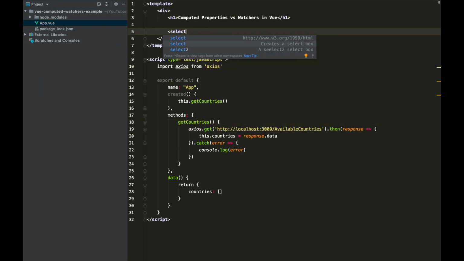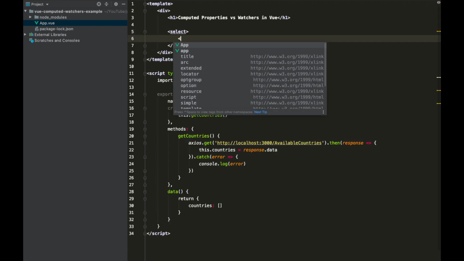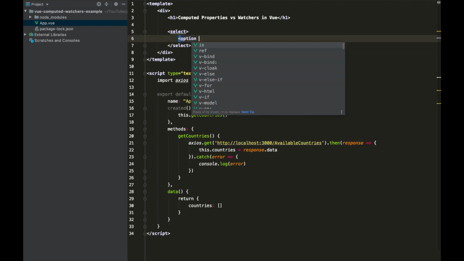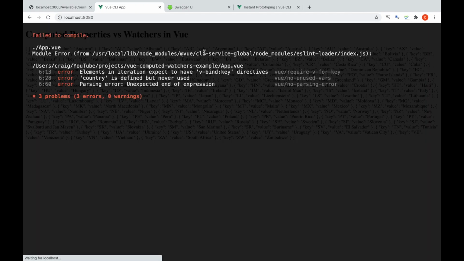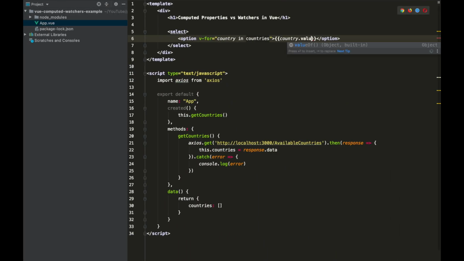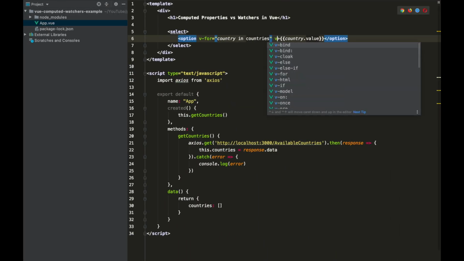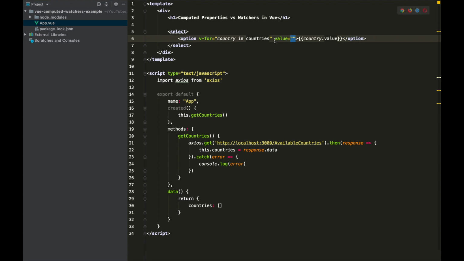We can do select, like so, and then option, and we want v-for equals, and we want country in countries, and this will be country dot, if I come back over here, it looks like value, country dot value, and then value equals, that should be a v-bind, country dot key, like so, and then we want to bind this